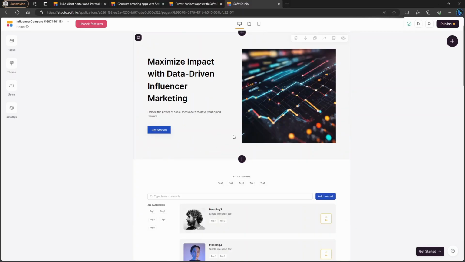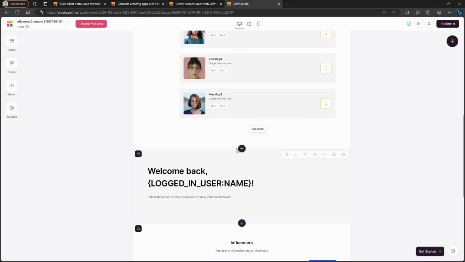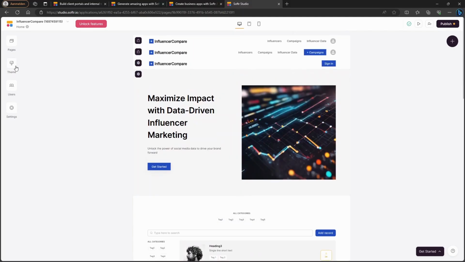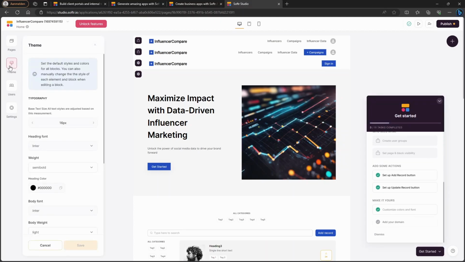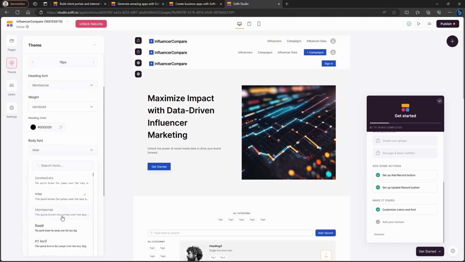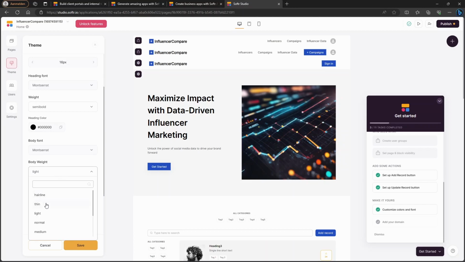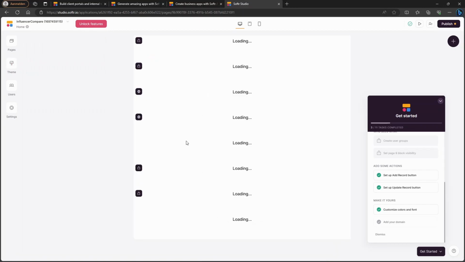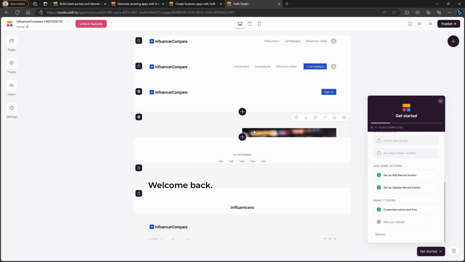And of course, we just were here, but you can change all kinds of blocks like this. And once you want to change the visuals of the application, you can go to theme. You can change, for example, the font. Now, let's say we want to change it to Montserrat. Change the body font. Let's choose body weight of normal. And once you're happy with these changes, you can click on save here,